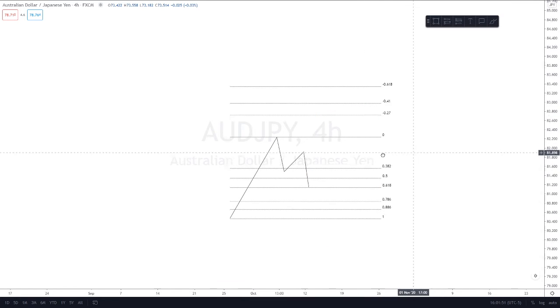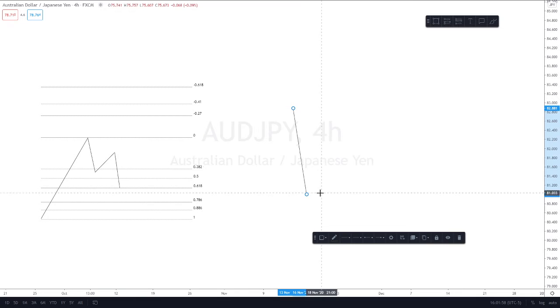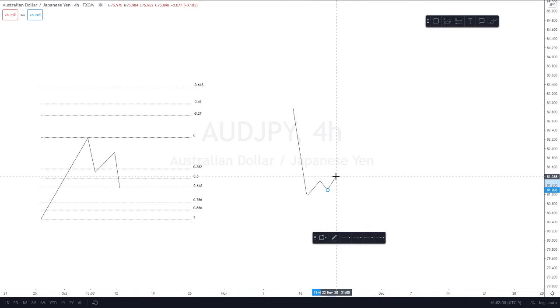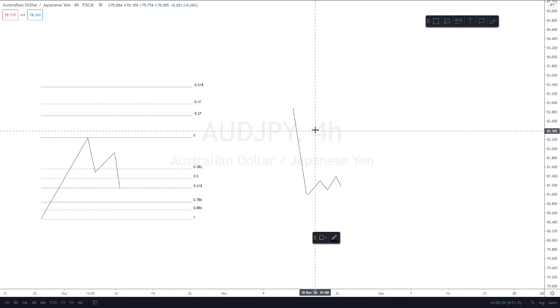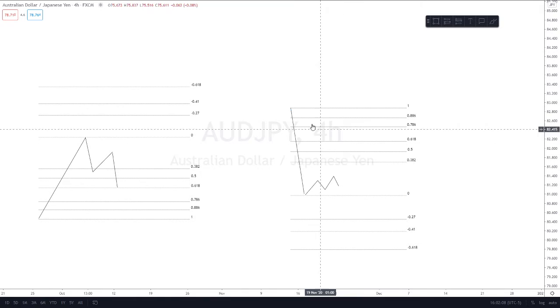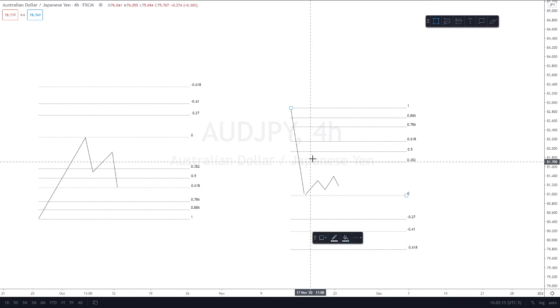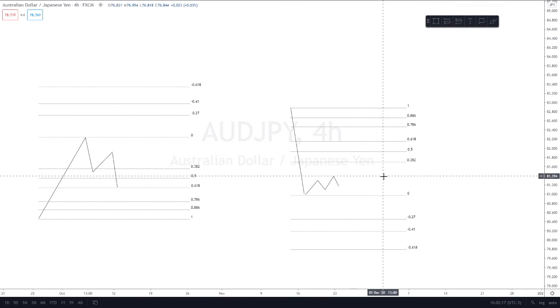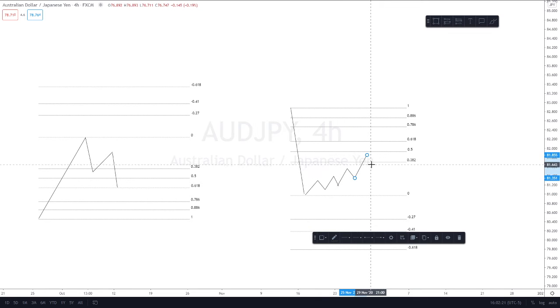So that is a bullish example. A bearish example is just upside down, not complicated at all. We get an impulse down, we look for a correction, we see our correction has started. So once our correction has started, we take our Fibonacci's from the top to the bottom, connecting wick to wick, and we're looking for an ideal level that price could potentially come to and reject. And let's say for this example, price comes to the 50,